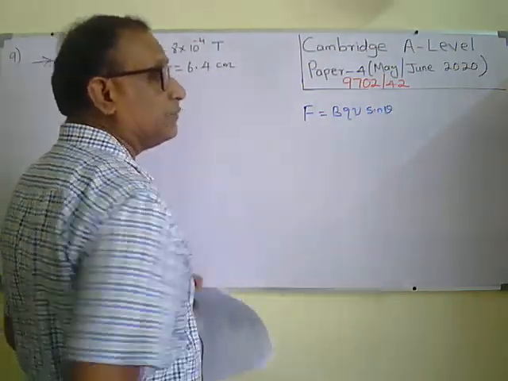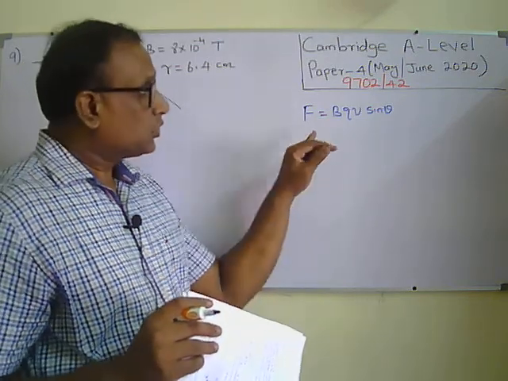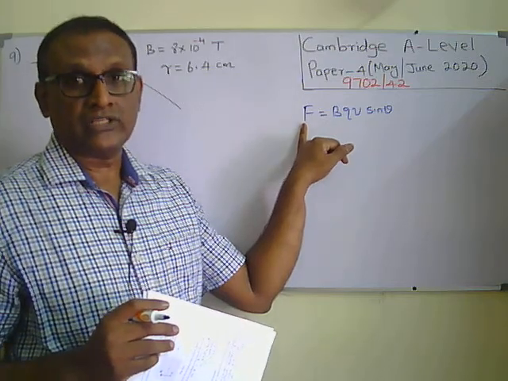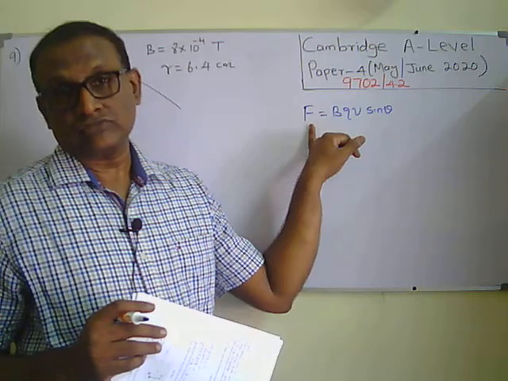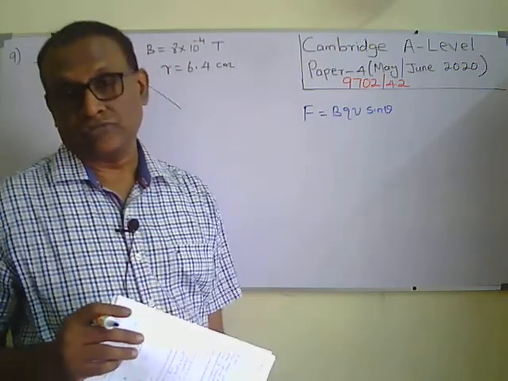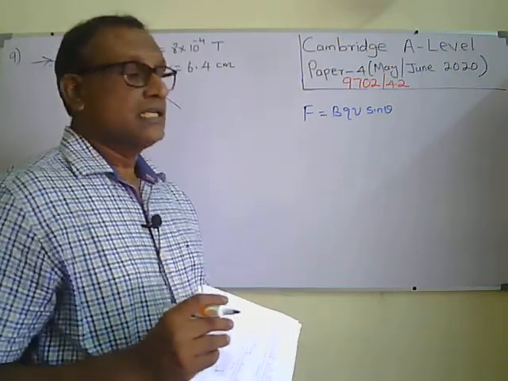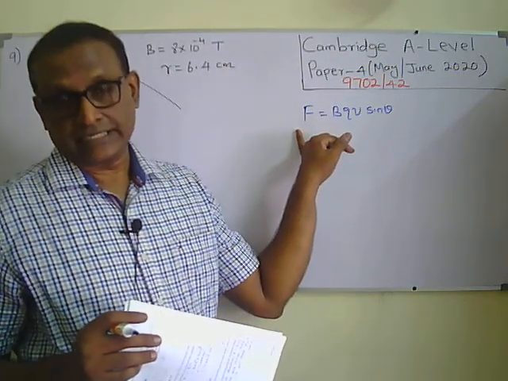So theta is the angle between its direction of velocity and the direction of magnetic field. So the force will always be at right angle, perpendicular to the direction of the velocity, as well as at right angle to the direction of the magnetic field. So the force will act as the centripetal force for the moving charged particle in a magnetic field. So it will move on a circular path inside a magnetic field.